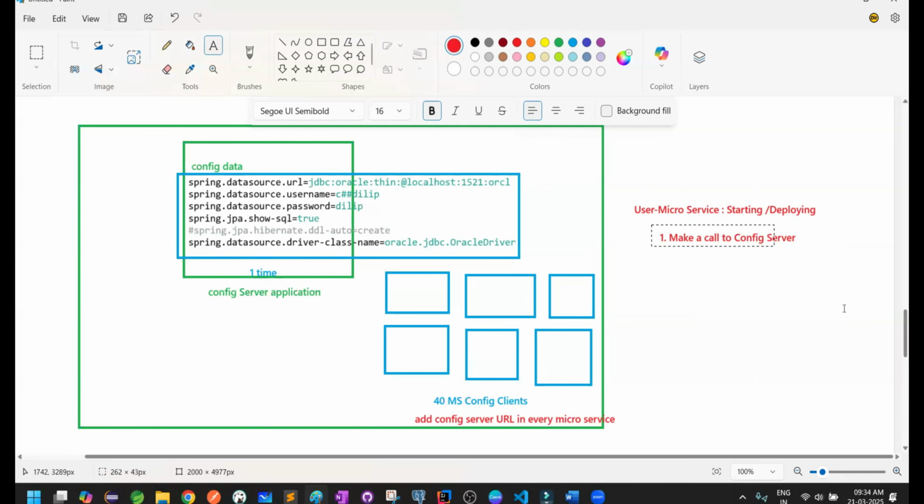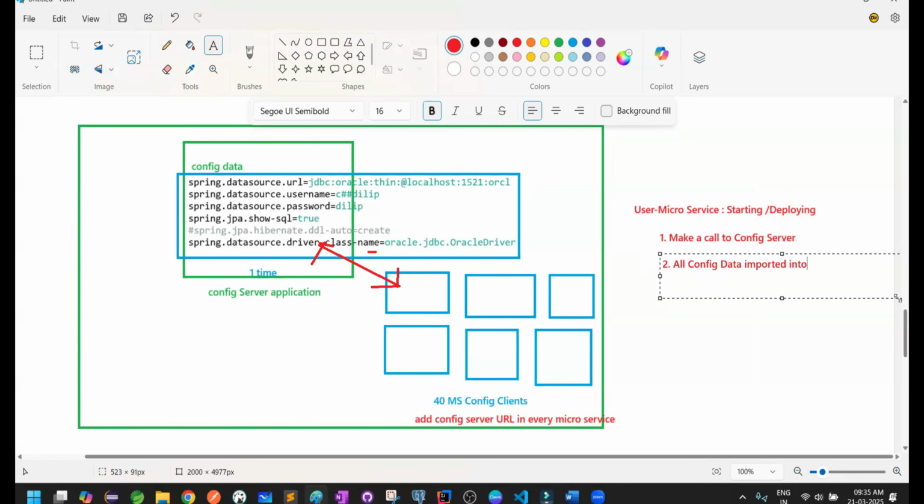So it will make a call to the config server, and this information will be loaded into your bootstrap, in the runtime memory. It makes a configuration call to the config server, and whatever configuration data we configured already in one place at the config server level,